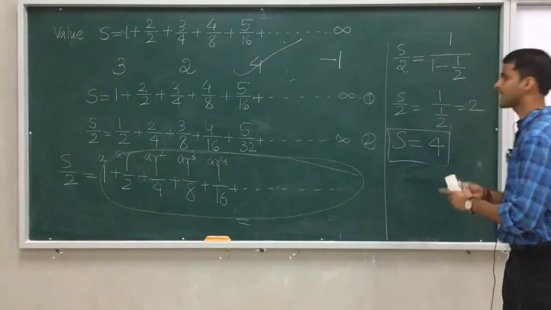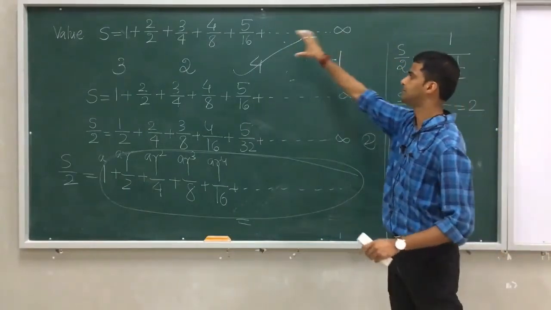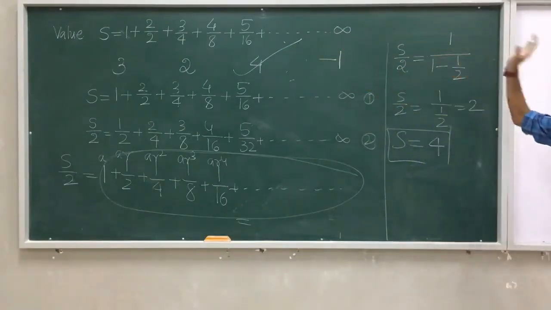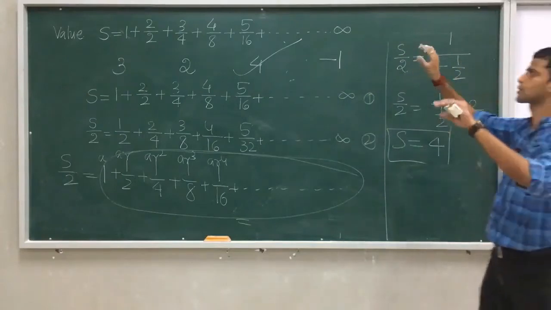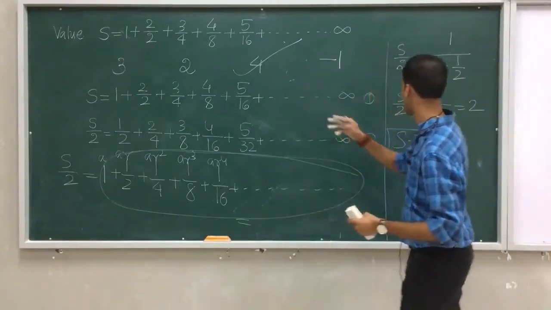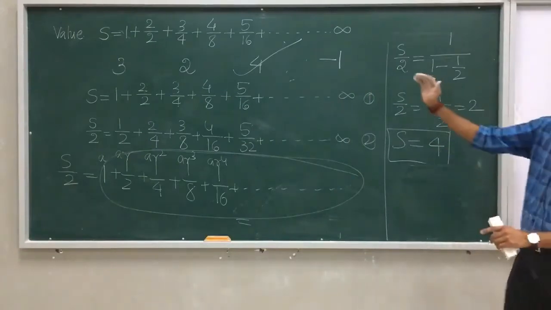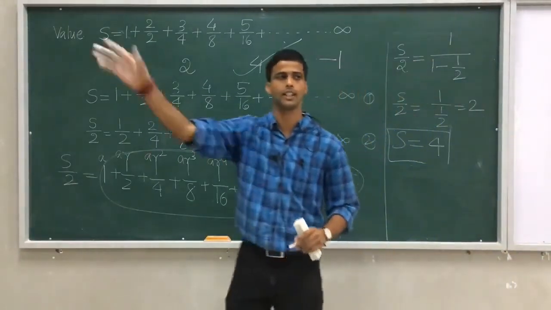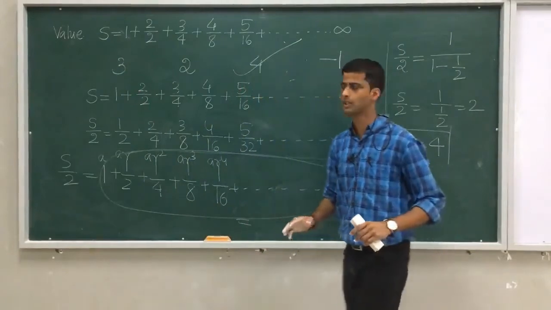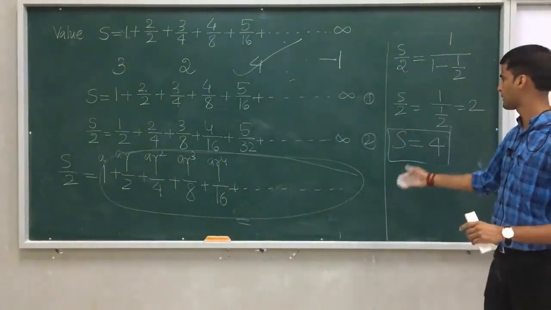Okay, what is given here is only a pattern like s equals 1 plus 2 by 2. So it is our duty to just respond to that pattern, and that pattern's answer is 4. That's it. It is not like 2 raised to 4. It's not like 3 raised to 4. Understood? So we have done this problem in a systematic way.